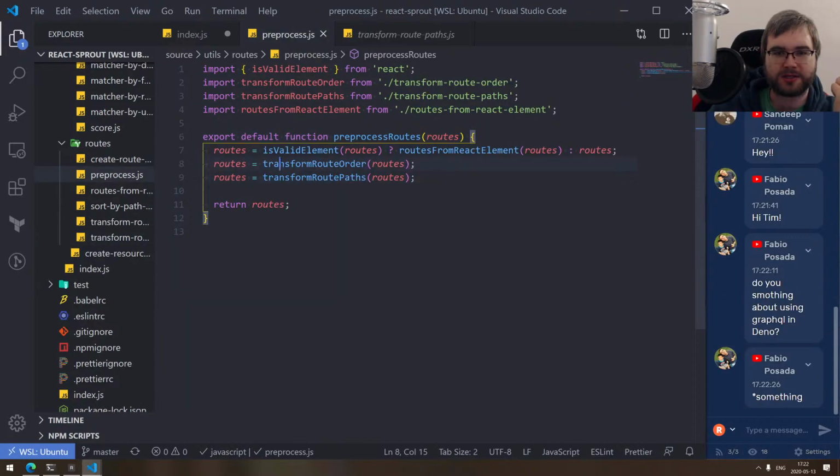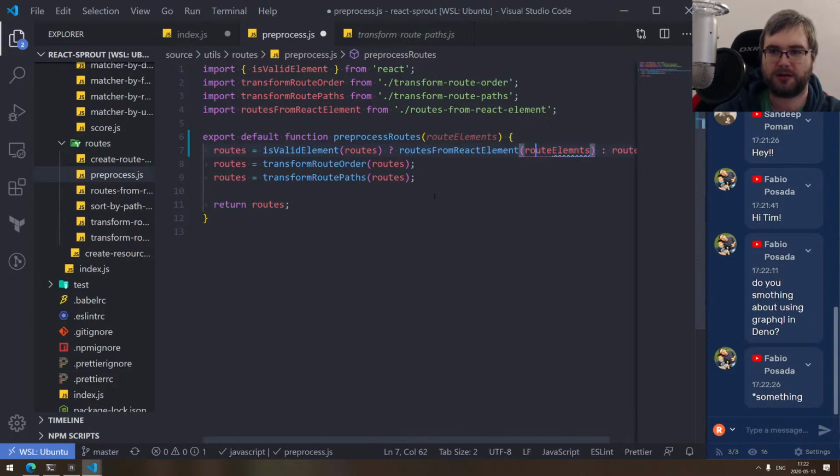Okay, anyway, so we got this sorted route here. Again, I find that reusing variables is fine, but it's usually a lot more readable if you actually rename them, like create new ones. So in this case, we get the route elements over here, right? So this is going to be route elements,